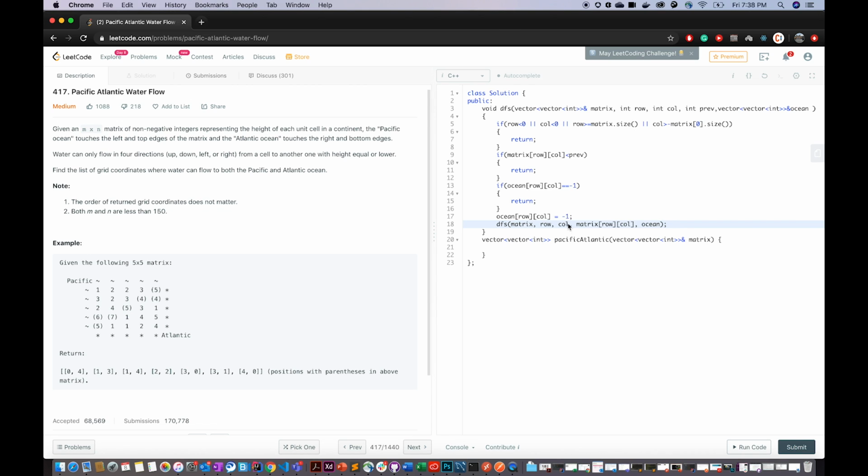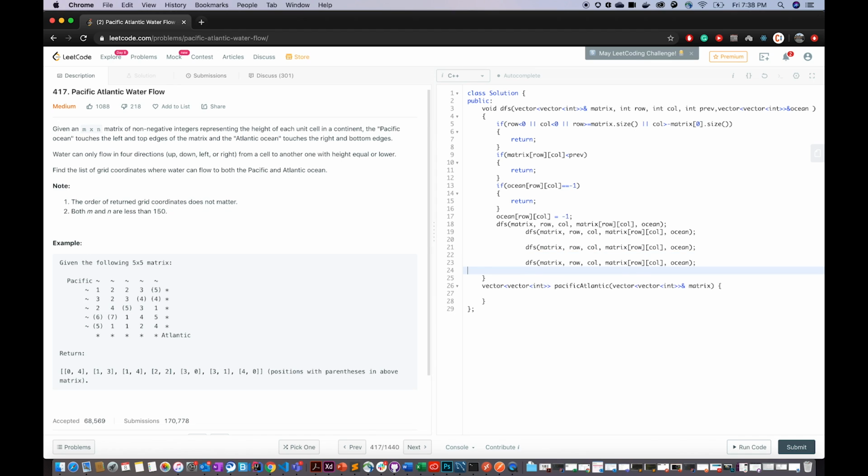Now currently I have sent the same row and column. Now I'll change this. According to the DFS calls, I have to make 4 DFS calls, so I'm going to copy it 4 times.